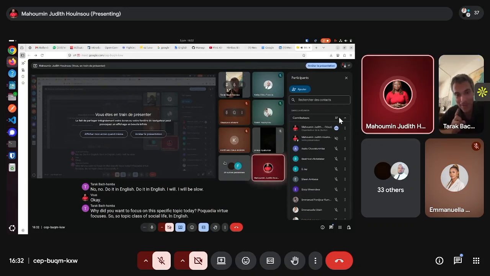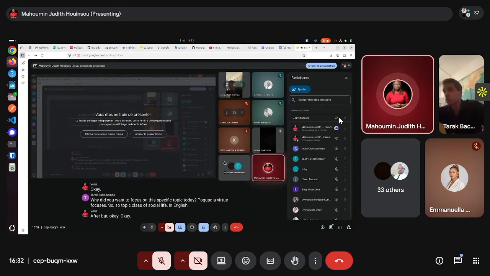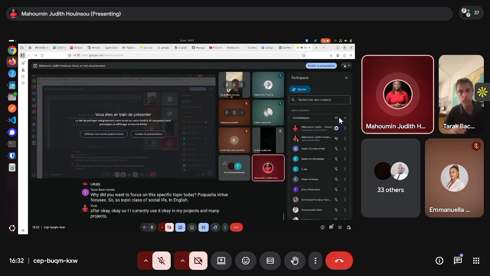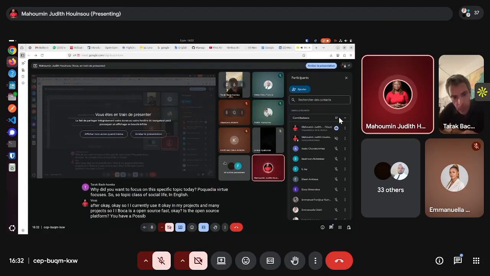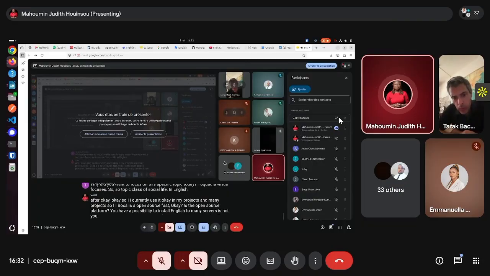In English. Okay. So I currently use Docker in my projects, many projects. First, Docker is an open source platform. You have the possibility to install and use it on many servers. You have no restriction. That is the first. Another advantage when I use Docker in a project is that you have the possibility to deploy